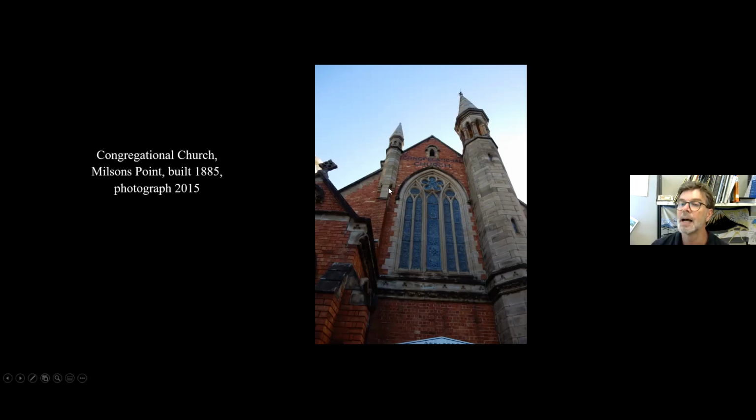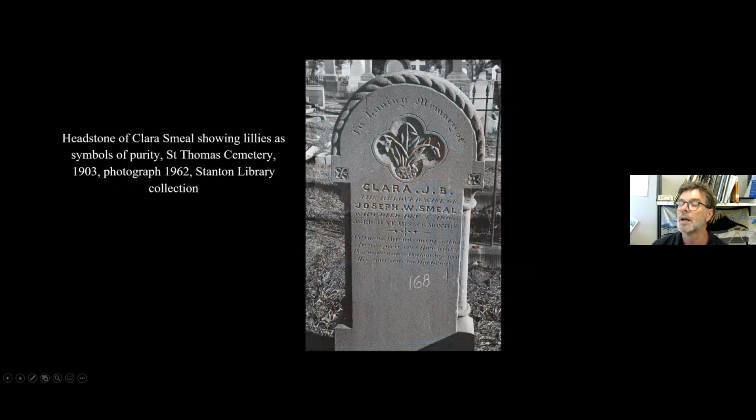But the architect here, whose name's just escaped me at the moment, has made a really clever use of brick and stone there. It's a really beautiful exterior. Now, the term is plastic, believe it or not. Plastic, before it meant plastic, that stuff we make toothbrushes and other things from, means something that's easily shaped, and sandstone is a plastic stone, and it lends itself to carving, which means it lends itself particularly to headstones, where you need to be able to carve